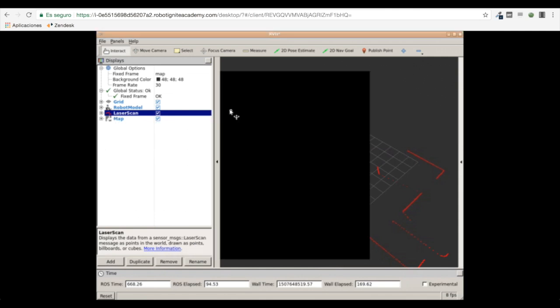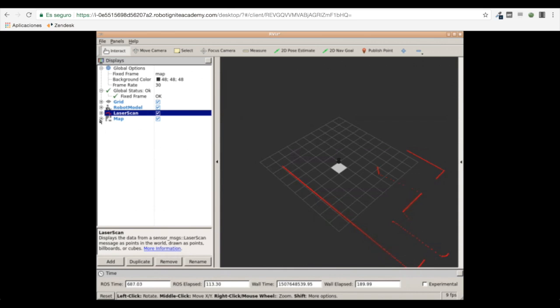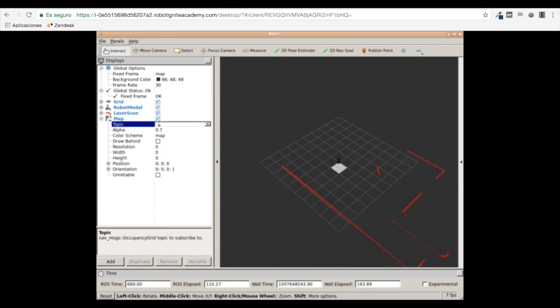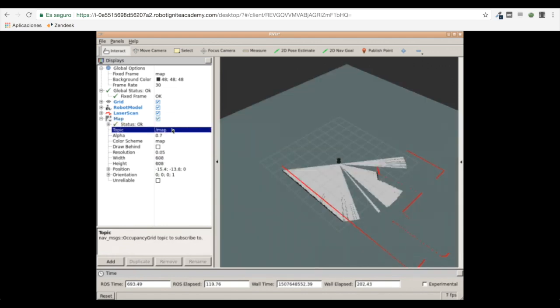Okay, so I will add this map option. Then in the topic, I will need to state the topic where the map is published, which is map. Here we have it. Then by adding this display, I can visualize the map. This is the map that is right now